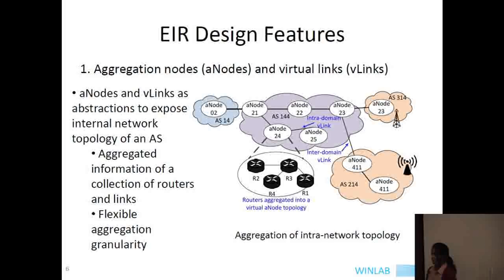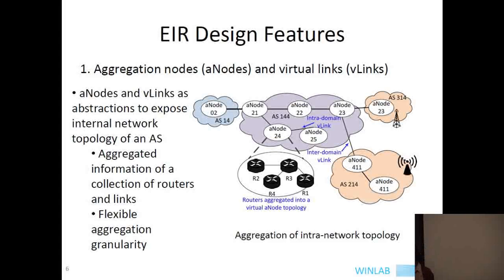And like I mentioned, there is flexibility in how much more or how much less you want to let the other networks know, and there's an advantage and a disadvantage either way. So if you expose more, others might want to route traffic more through your network. But on the other hand, if you have some economic relationship with other ASs, you might want to let them know what your link qualities are, because that might bring you more money.